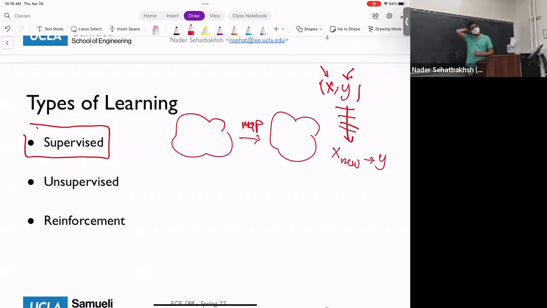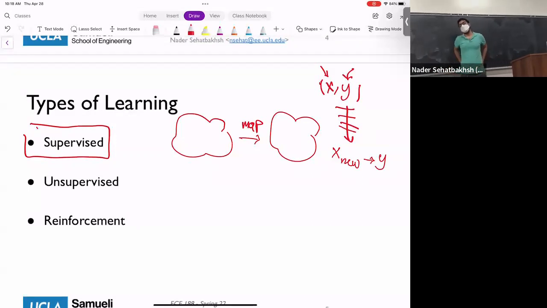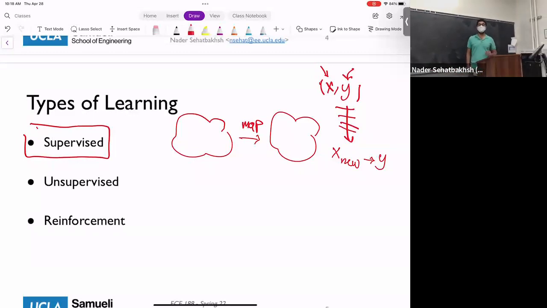Is this without the knowledge of the function that maps X? Yeah, if we knew the function, then the problem is solved already, right? The problem is we don't know exactly what the relationship between X and Y is. If we know it, then the problem is already solved, right? We can probably guess it, but sometimes there's just no known function.